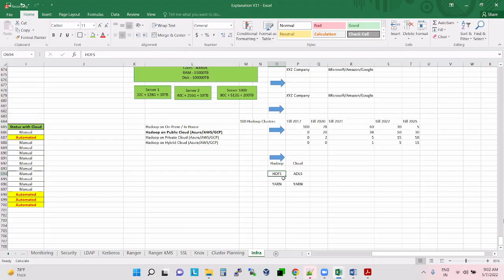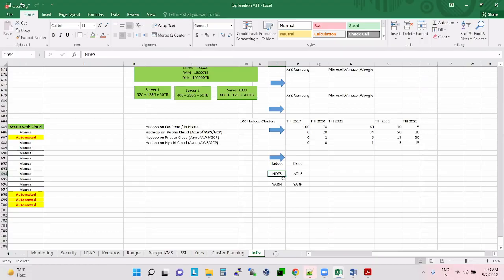I'm not getting the name, I'll give you the name. You will see cloud native storage. The storage layer you see will be a cloud native storage layer, and the YARN you are seeing will be a Kubernetes based YARN. What do you mean by Kubernetes based YARN?